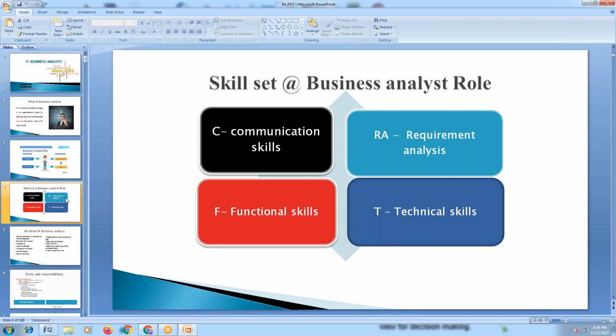You could ask me one thing, Raj, how can I acquire functional knowledge? Because I'm not from a functional domain. Assume that I am not from any functional domain. How can I acquire knowledge? This is where, in training, we generally give some case studies to the students and ask them to work on those case studies, so that it will be helpful for them to understand the domain and get exposure.